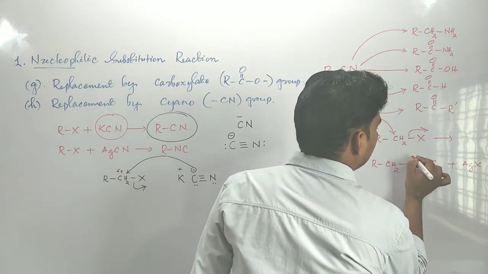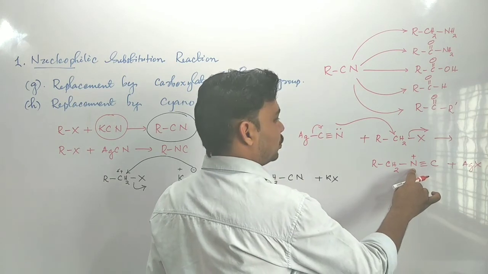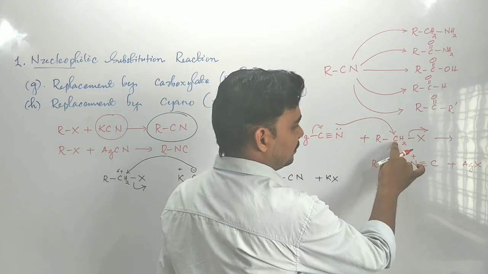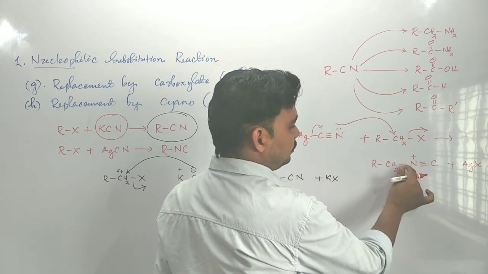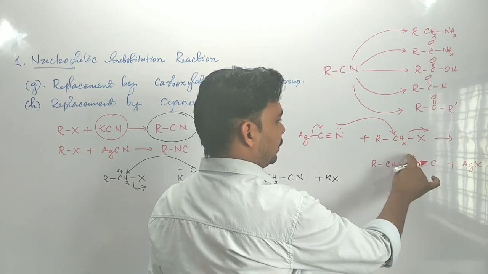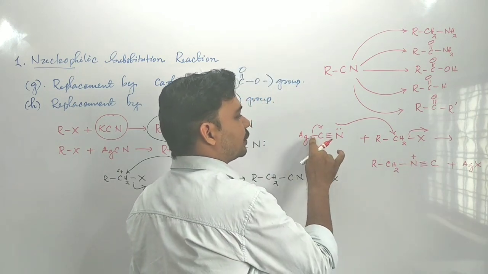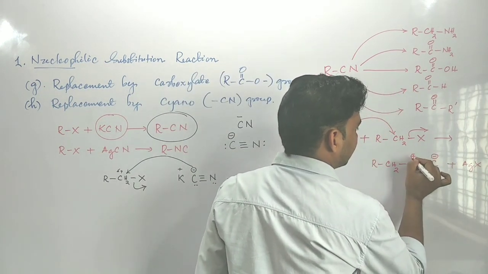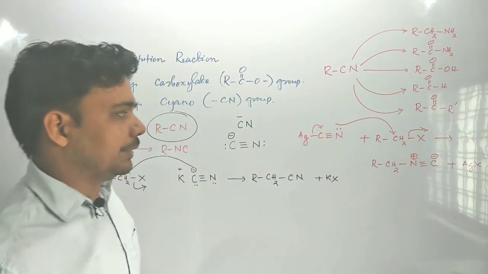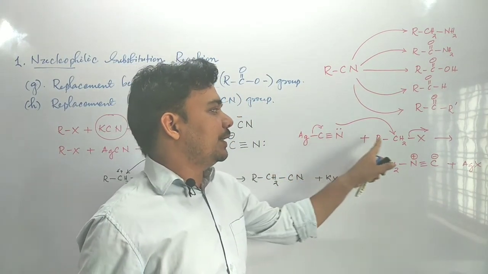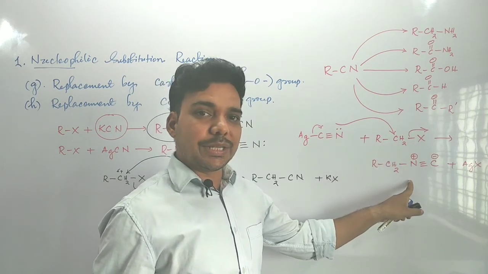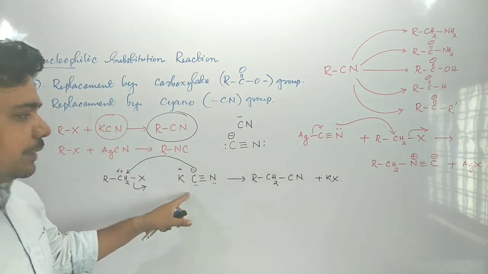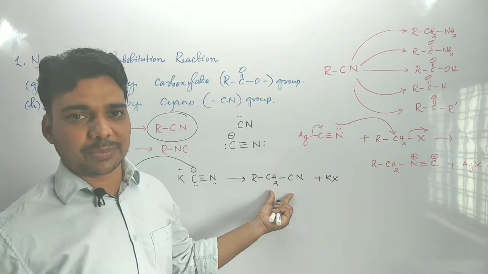Ag plus will come out, then this electron pair will be over carbon. So we need to put a positive charge over this nitrogen, because this nitrogen has contributed its pair of electrons to this carbon to form this bond. Okay, so positive charge is to be considered here, and this pair of electrons is now with this carbon, so a negative charge is to be put over the carbon. Okay, this is your isocyanide. When silver cyanide is taken with alkyl halide, we will get isocyanide as the major product. Whereas when sodium cyanide or potassium cyanide is taken, then alkyl cyanide is the major product. Okay.